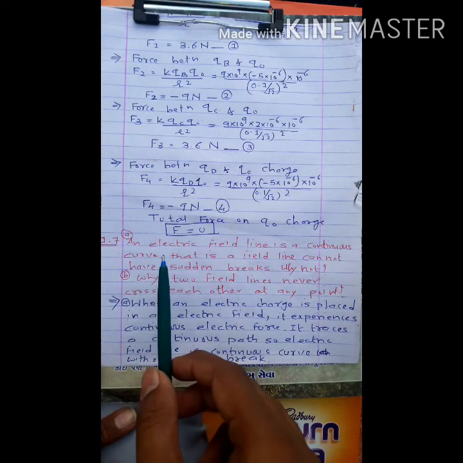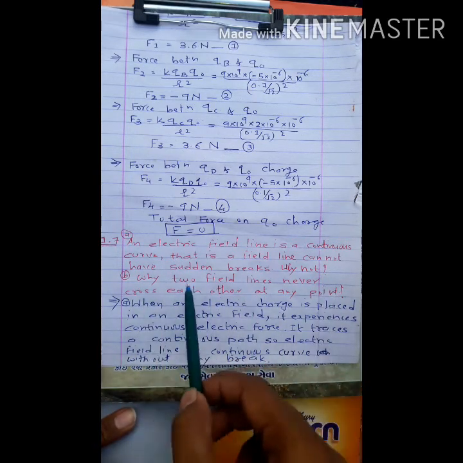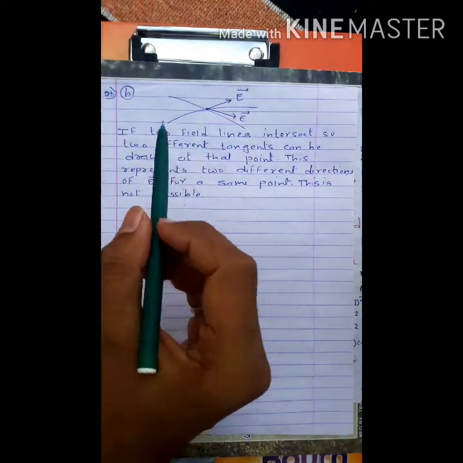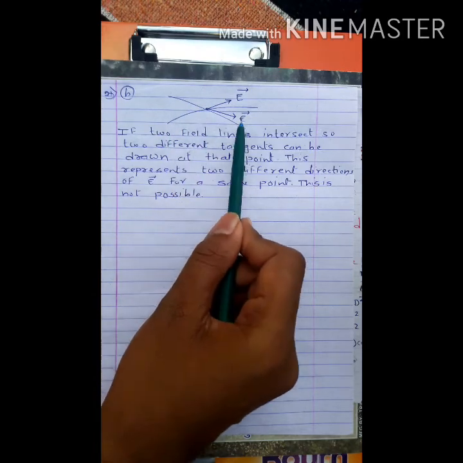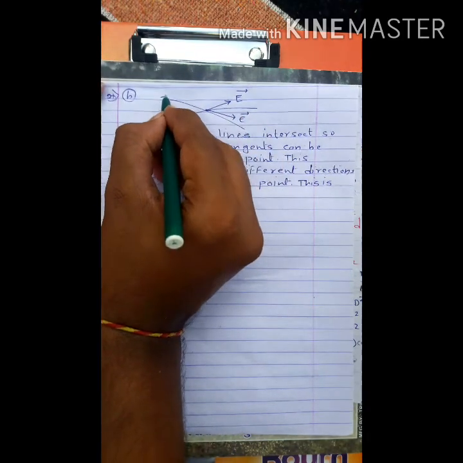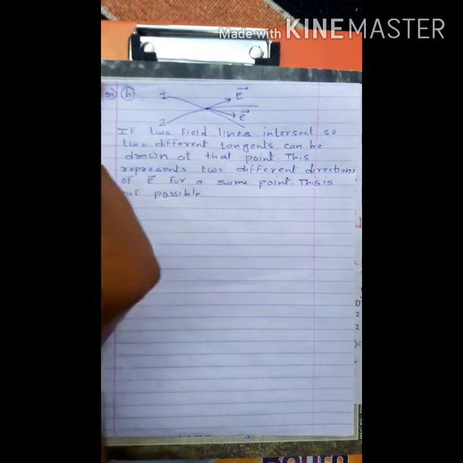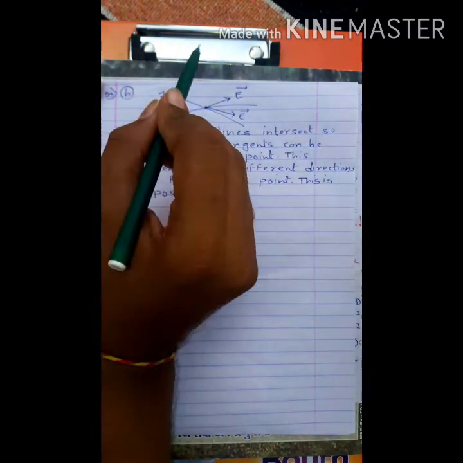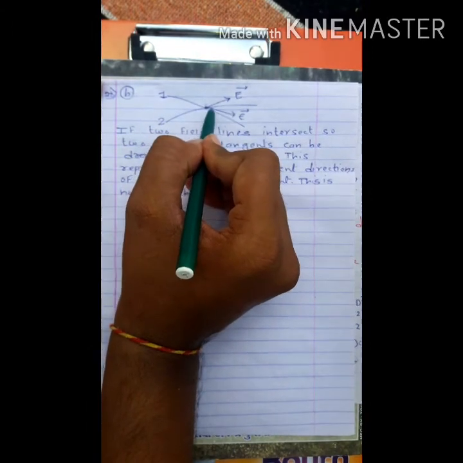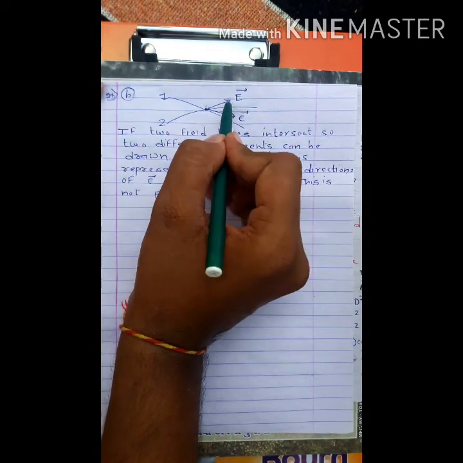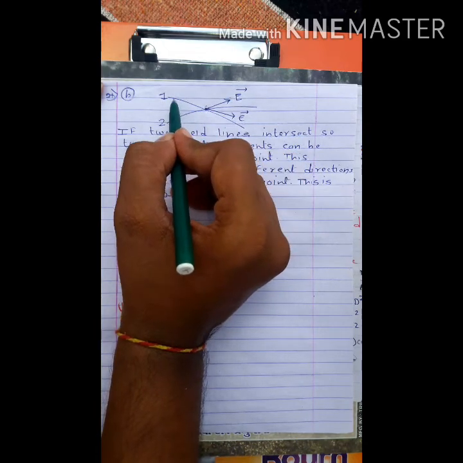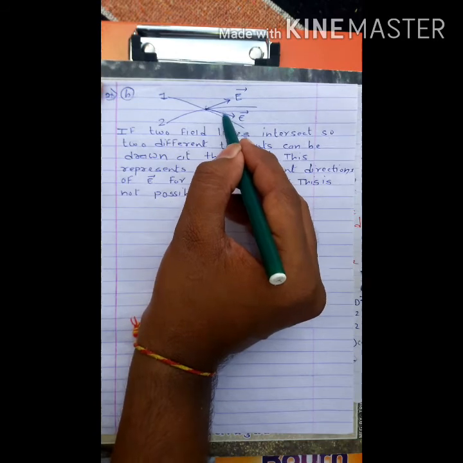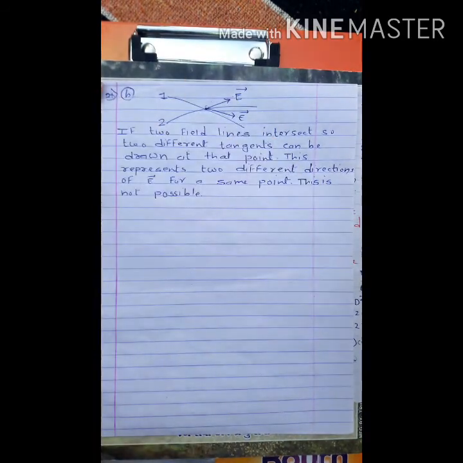Now the solution of the second question, why do two field lines never cross each other at any point? So here we consider two field lines. This is our first field line, okay, first electric field line, and this is the second electric field line. Suppose these two field lines intersect at this point. To find the direction of electric field, here we consider two tangents. So the first tangent is for the first field line, and here we consider the second tangent. This second tangent is used for the second field line.